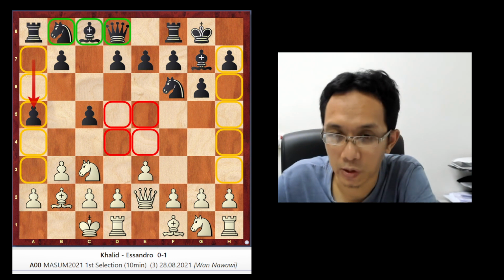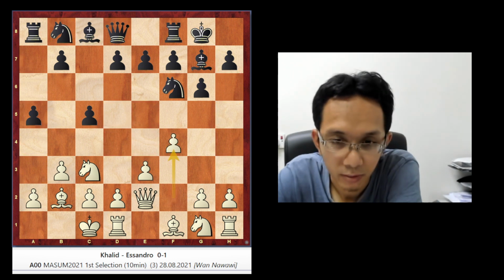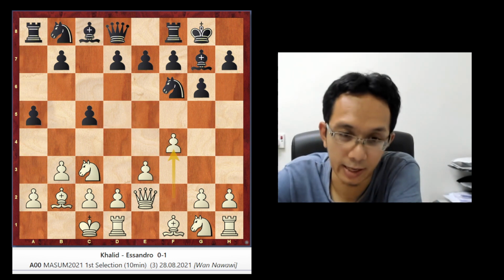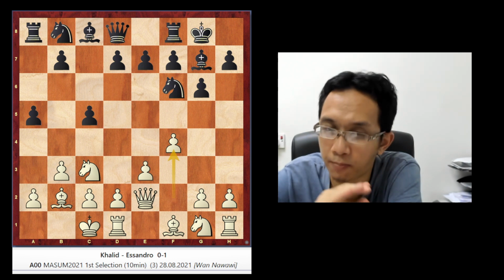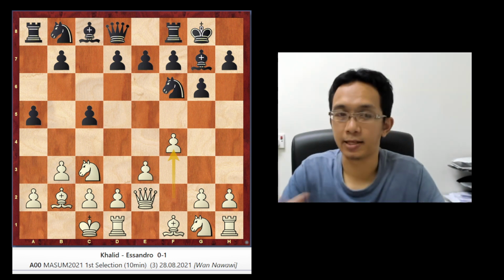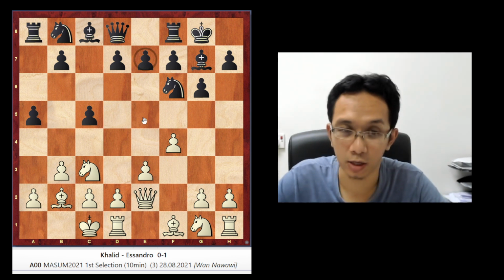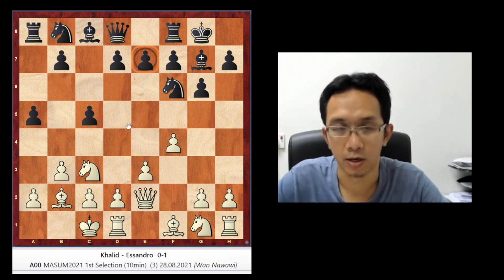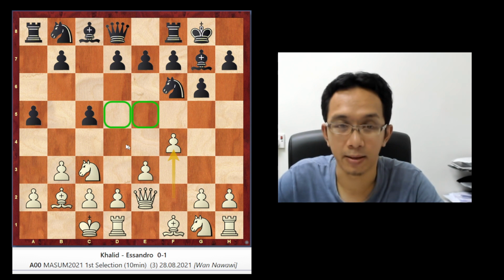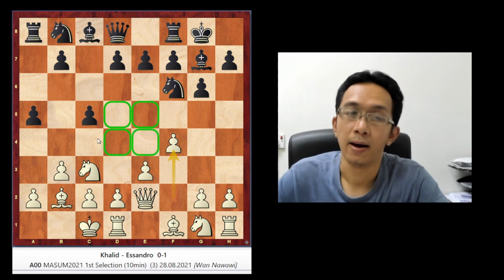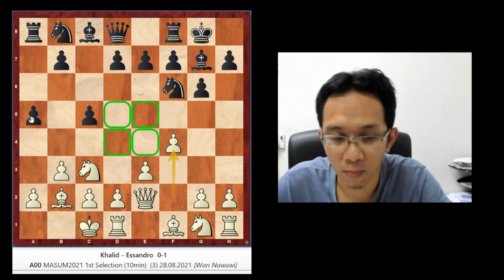Okay, so now f4. Khalid plays f4. The problem with this is that now each side tries to attack, and of course it's still okay, because the center is still empty. But the problem now is that black can ram.